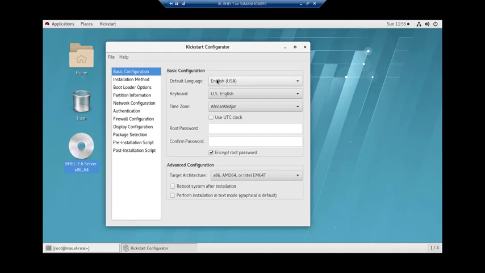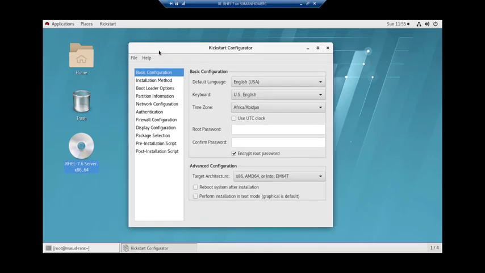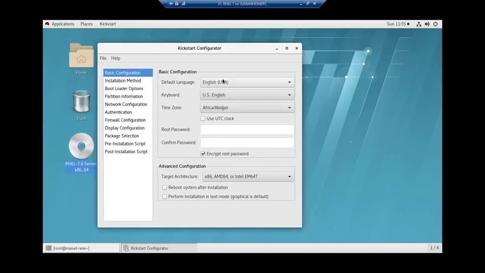So let me do some changes here. I want to start by creating a text file, or Kickstart configuration file, from that tool. So let me give some answers. My default language is English USA, my keyboard is US English, it's okay.